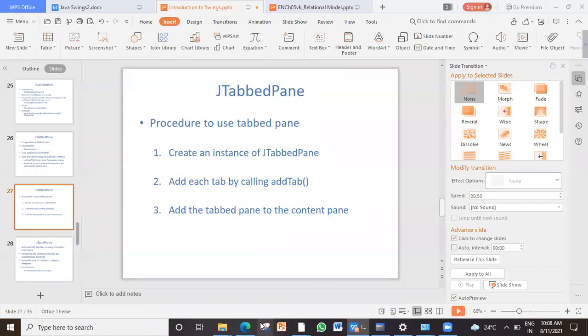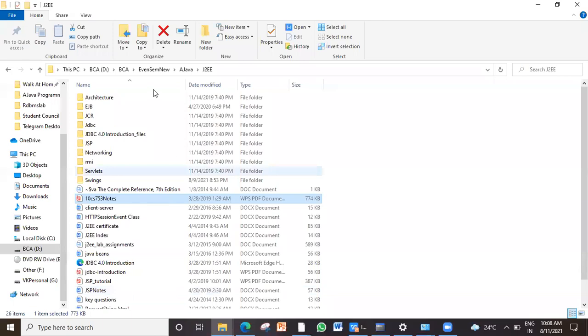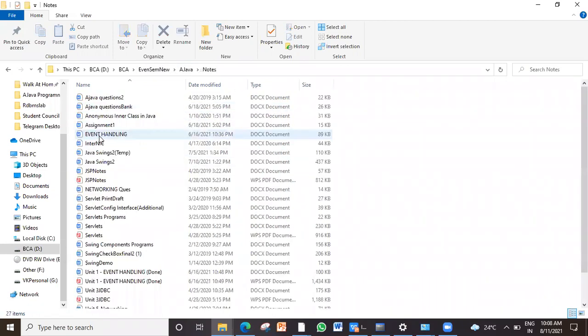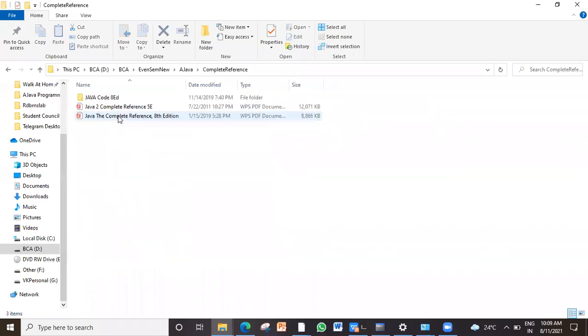So there is a small program in your textbook. Yesterday you people had lab, right?